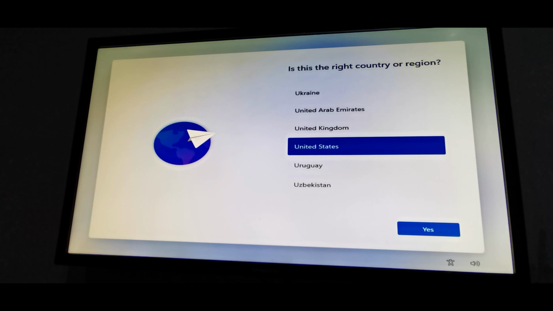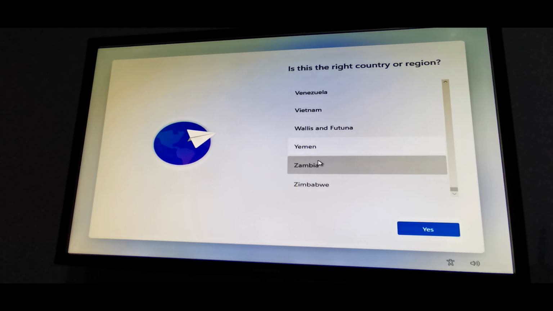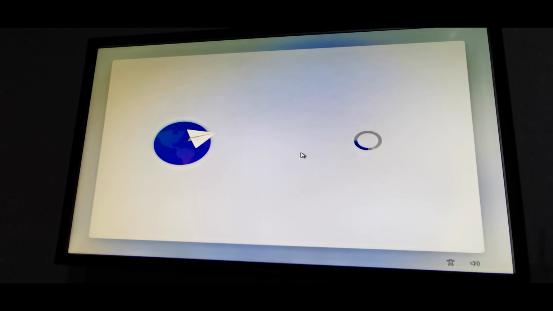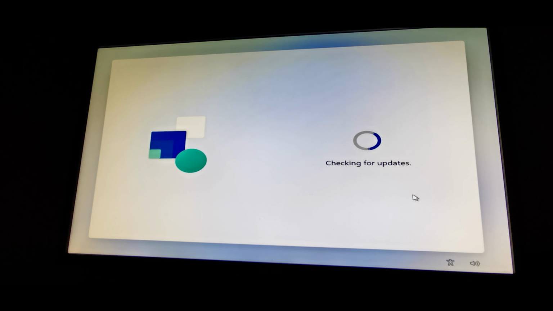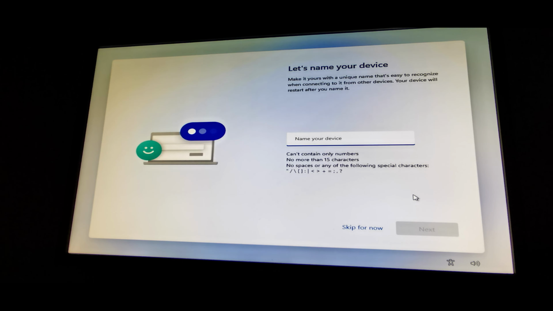Here you can select what you want, you don't need to do exactly like me. Choose a name.